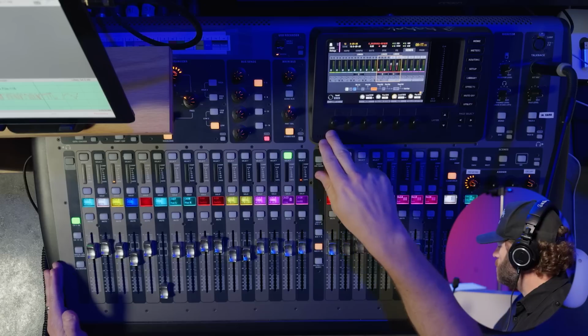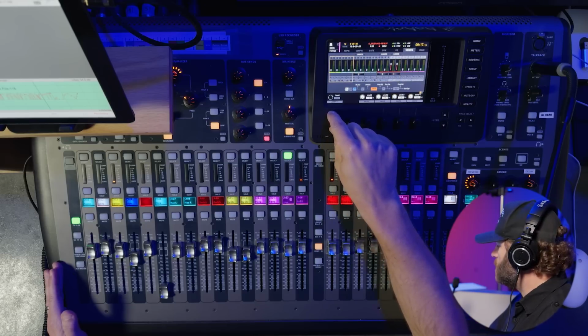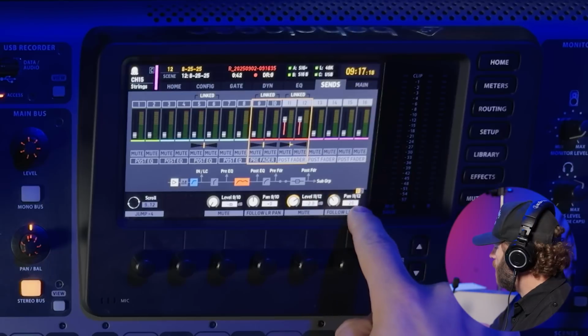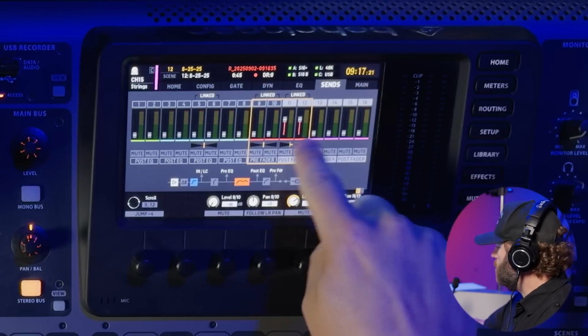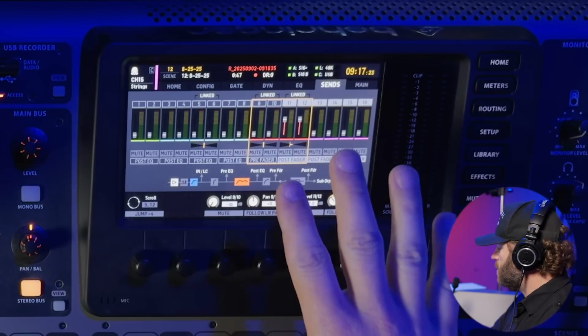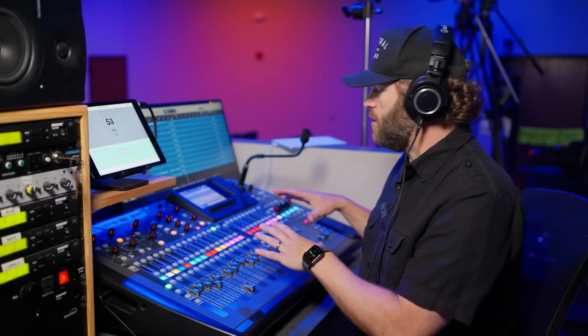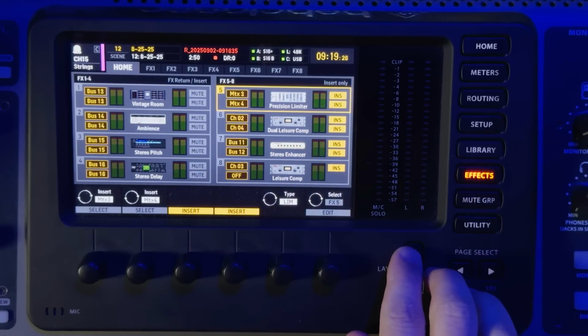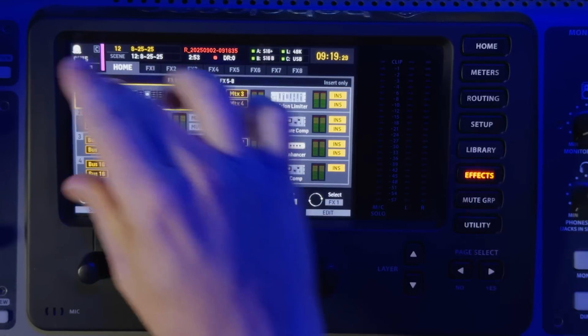So what we are doing here is you're utilizing in the sends tab, you scroll between, you come over to 11 and 12, and you can have your panning now between these two channels. So that's how you're actually defining where things sit in the stereo field for your stream mix. You pan between bus 11 and bus 12 in our setup, because that's what we set up as our post fader stereo mix. All right, coming into our effects section here, if we start on our left side, banks 1